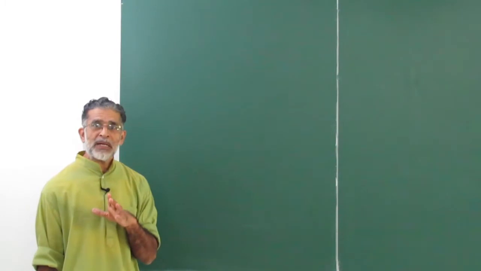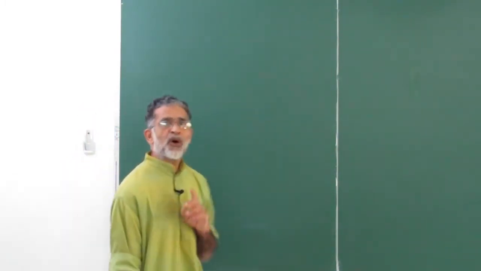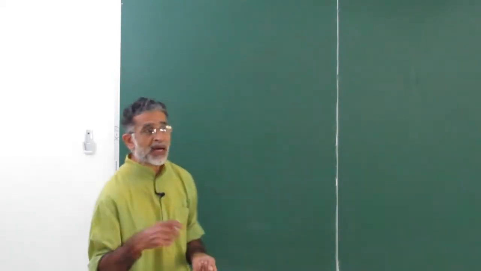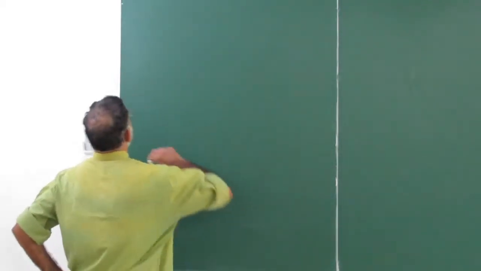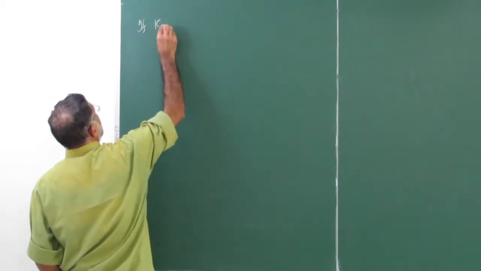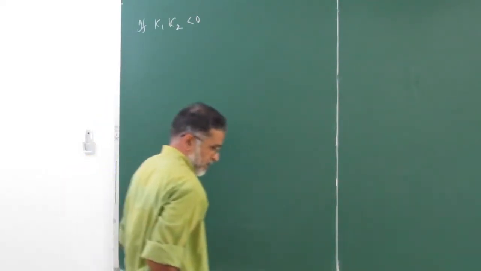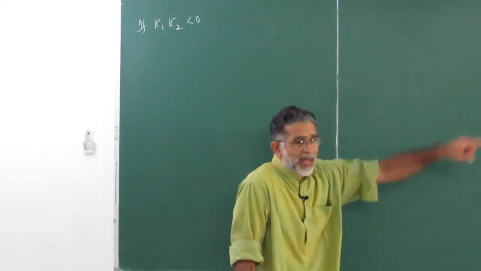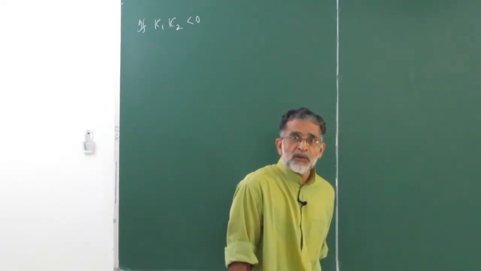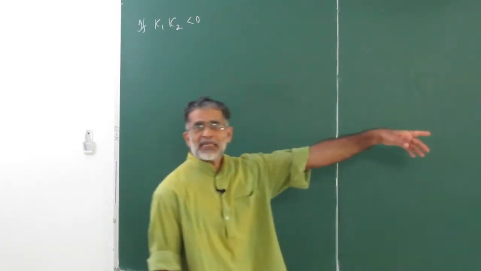Parameterization may not depend, but it will depend on the normal that you choose. You have two normals, so both the signs get changed when you take the other normal. On the other hand, if k1 k2 is positive there, that means both k1 and k2 are positive or both are negative, then you will get that situation.